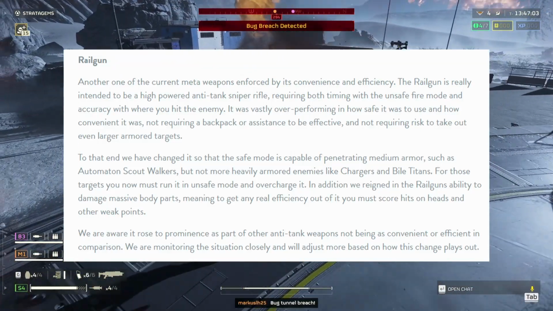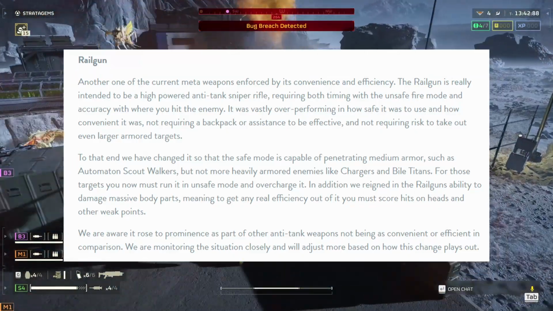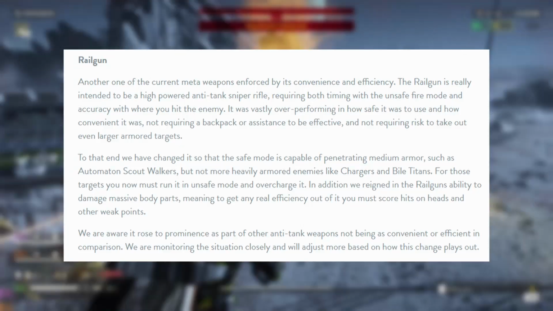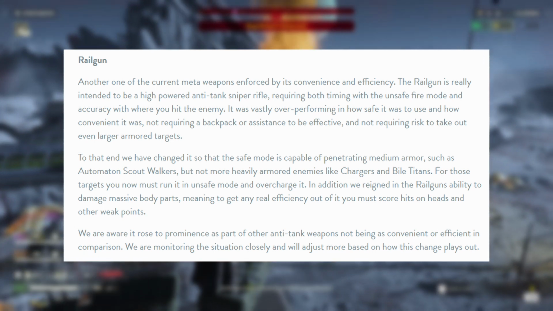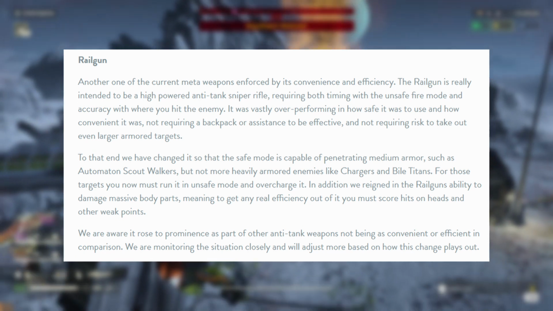To that end, we have changed it so that the safe mode is capable of penetrating medium armor such as automaton scoutwalkers, but not more heavily armored enemies like chargers and bile titans. For those targets you must now run it in unsafe mode and overcharge it. In addition, we reined in the railgun's ability to damage massive body parts, meaning to get any real efficiency out